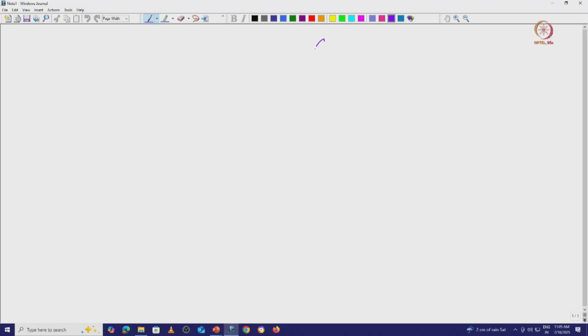So let us start with the contrast transfer function. So what is that contrast transfer function? CTF. Contrast transfer function. So here when we are taking the images and calculating that contrast transfer function, basically we are estimating the contrast transfer function.